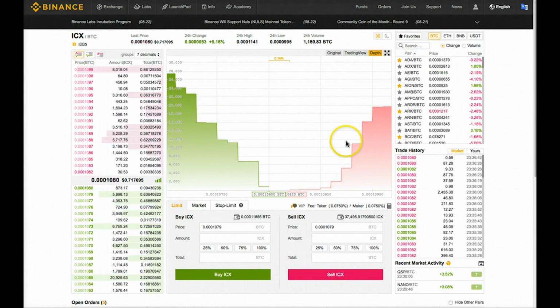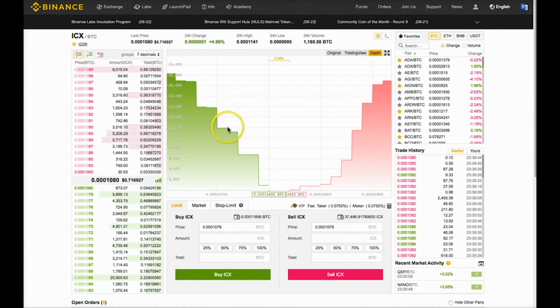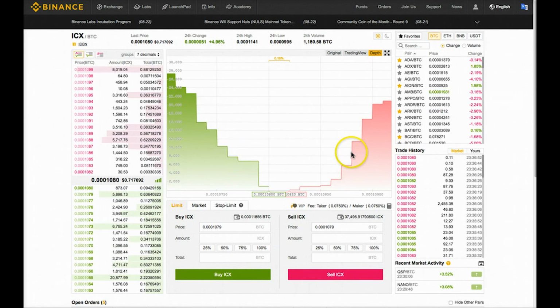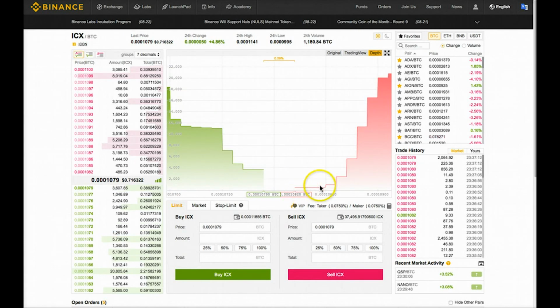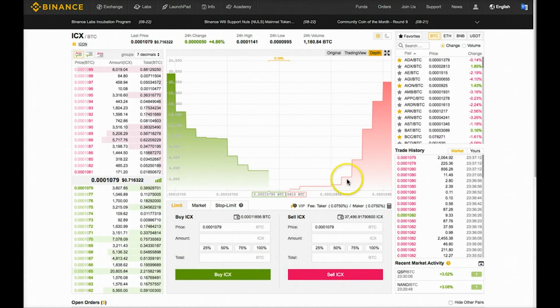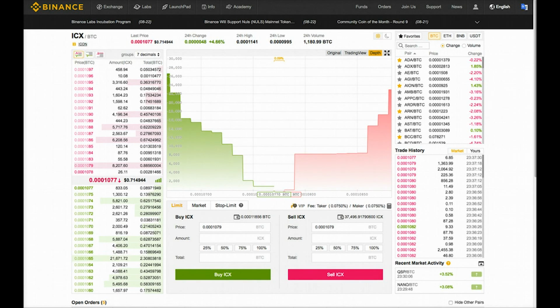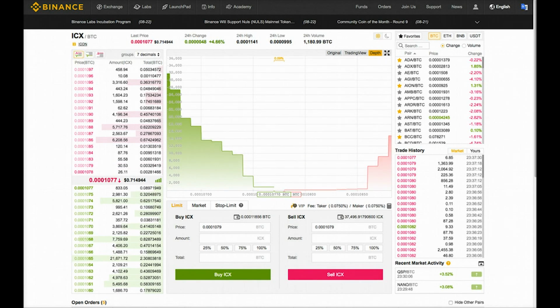As we can see from a quick observation, it looks like there's greater support currently than resistance. It's kind of fluctuating a bit, but we have a steeper wall of bid orders here where there's a pretty shallow amount of sell orders. The depth chart is just one way to get a quick view of the action as it's happening right now